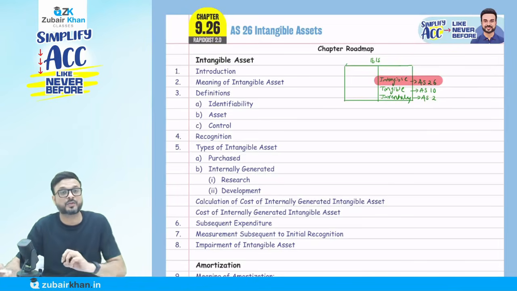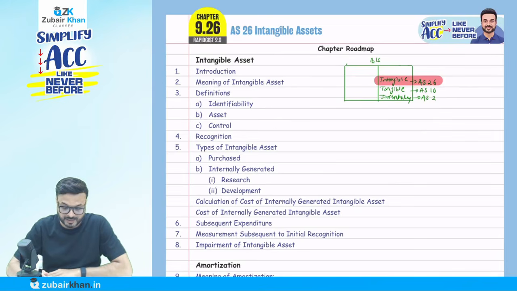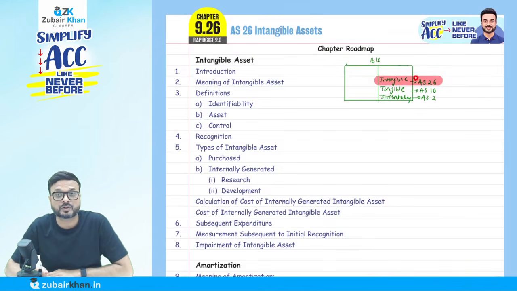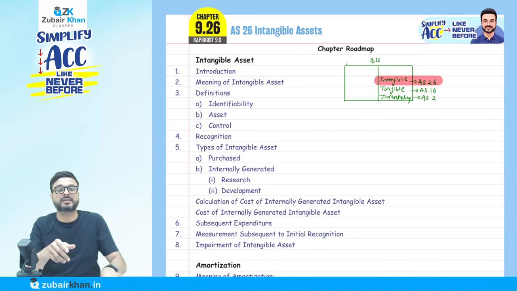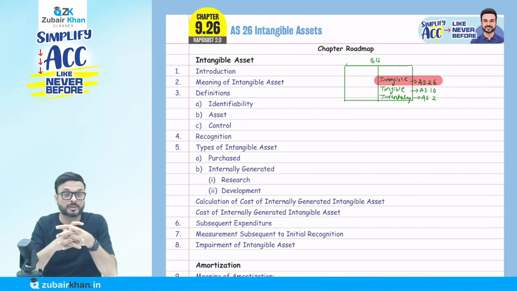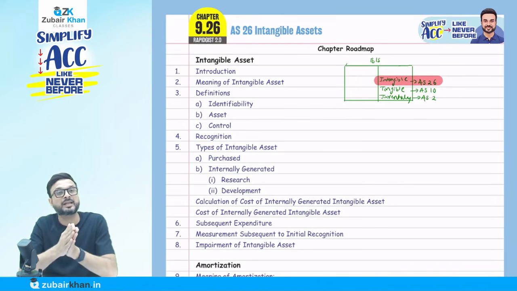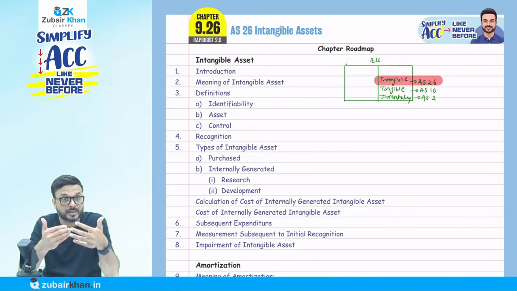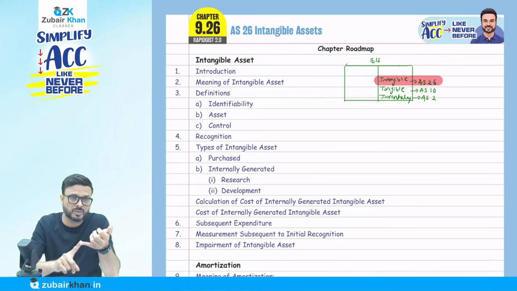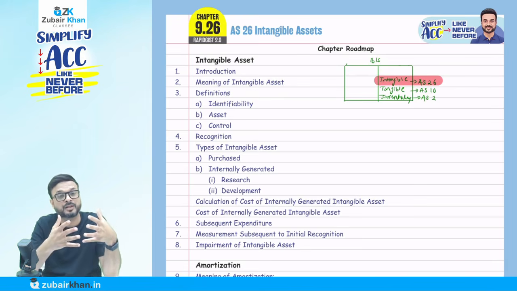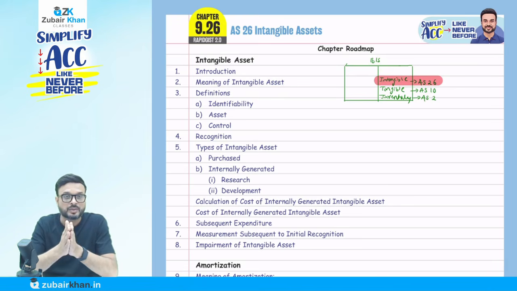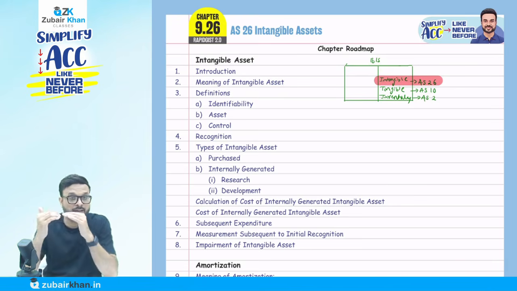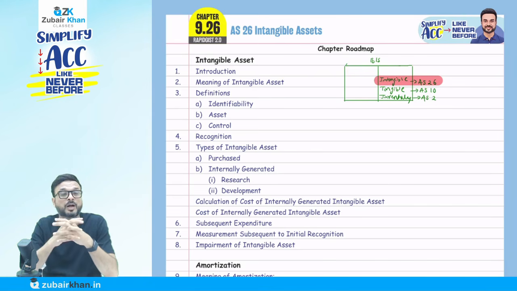Today we'll do the revision of accounting standard 26, that is intangible asset. AS 26 talks about the intangible asset, AS 10 talks about the tangible, and AS 2 talks about inventory. Now remember this, accounting standard 10 talks about PPE and their depreciation as well. Similarly, AS 26 talks about intangible asset and their amortization. We use the word amortization when we depreciate the intangible asset. So AS 26 will discuss the intangible asset first, and then we'll talk about how to do the amortization